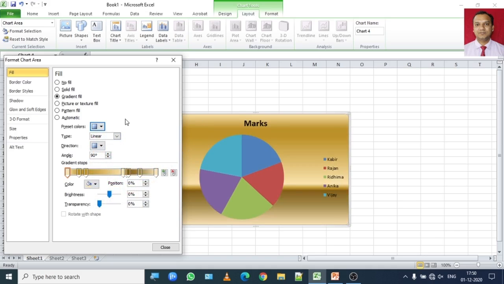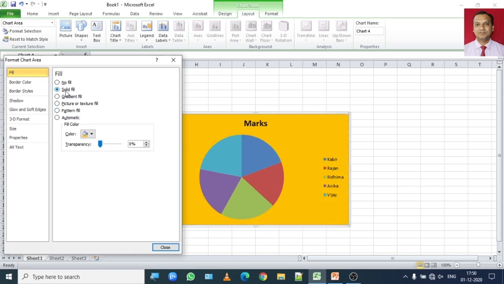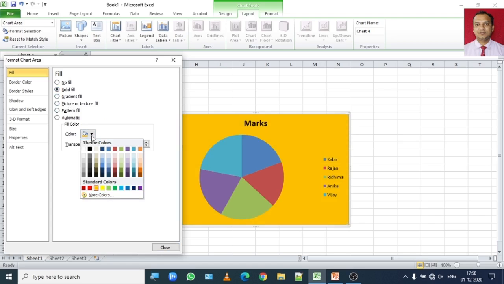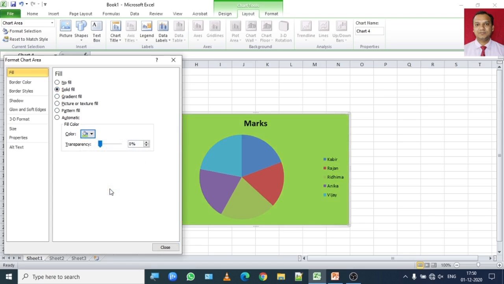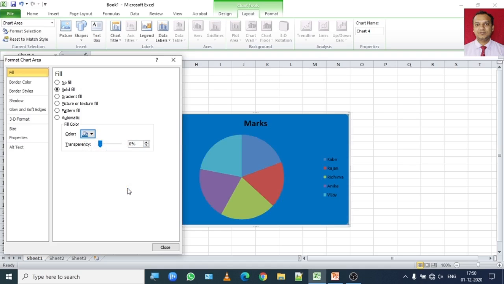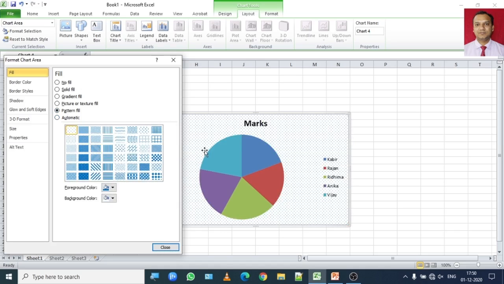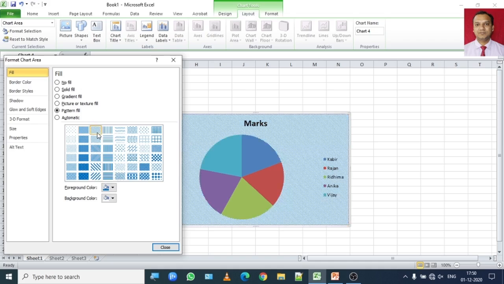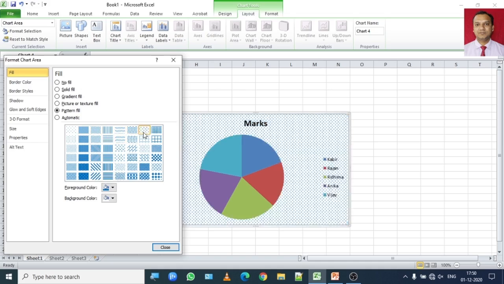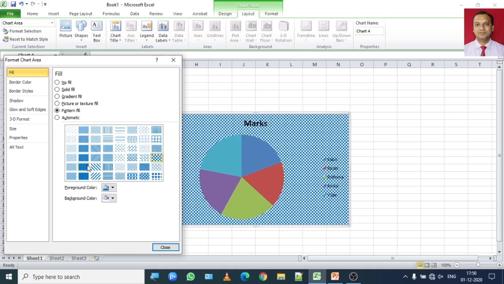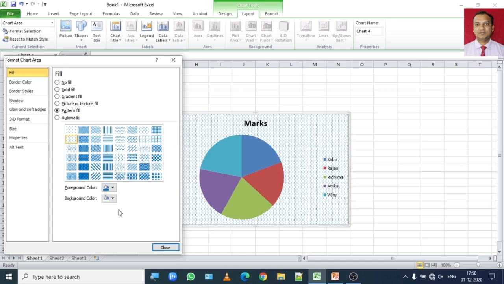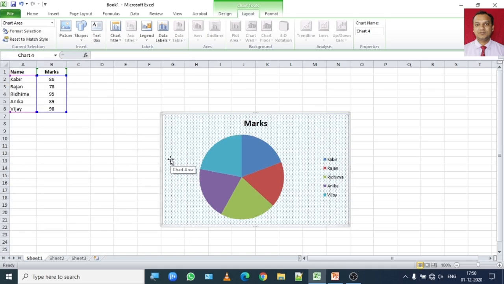I'm not suggesting you go for gradient, but it's better you either go for a solid color, any of the desired colors that you feel like. You can go through it by selecting any of the color themes, or else you can go for pattern. If you want any type of pattern in the background of the chart, you can go for it. You can select any of the desired patterns and click on close, and it will show you the effect of